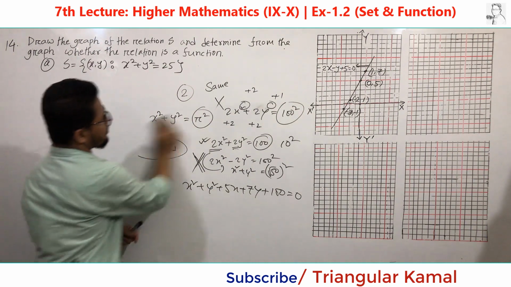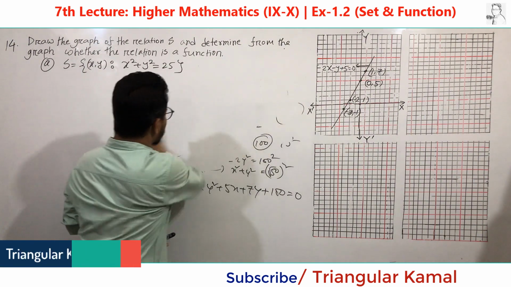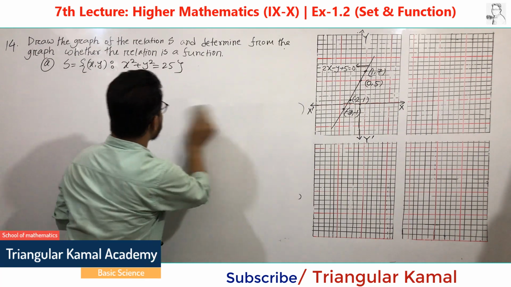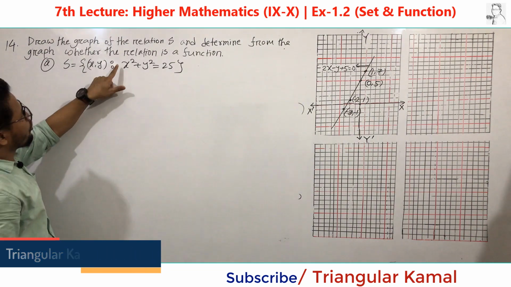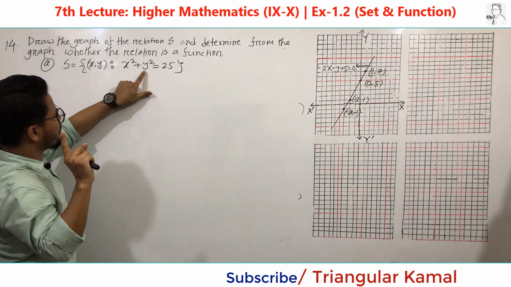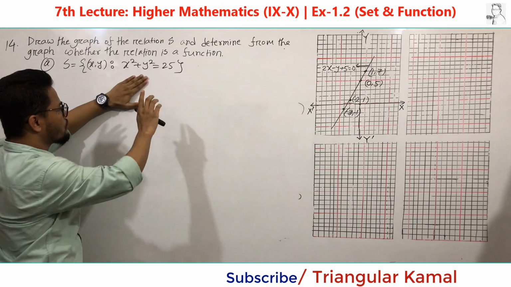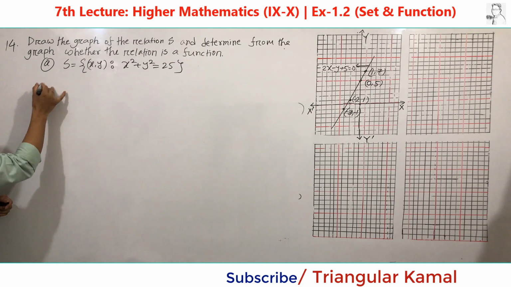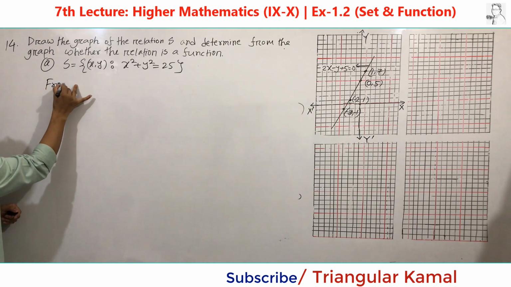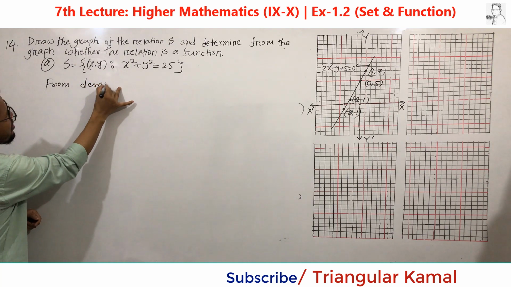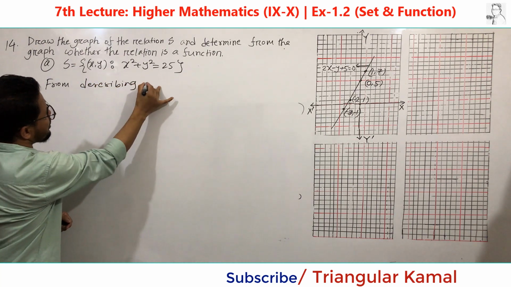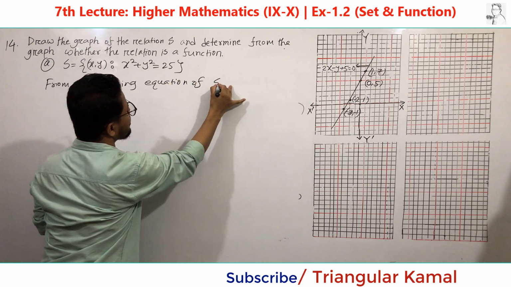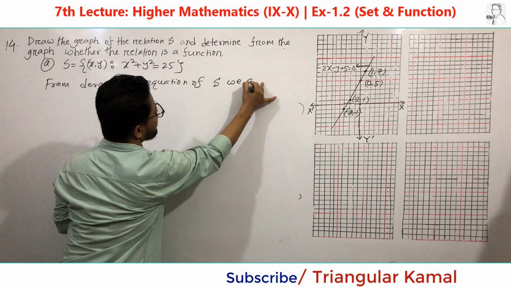First step, you have to know whether it is a circle or not. So first step, we see here the coefficient of x square is plus 1, y square is plus 1. So this is the equation of a circle, and both powers are 2. So you have to write here, from the equation of S, we get